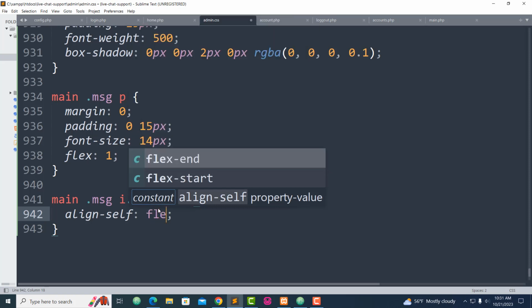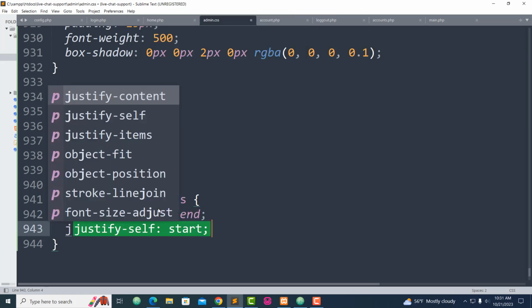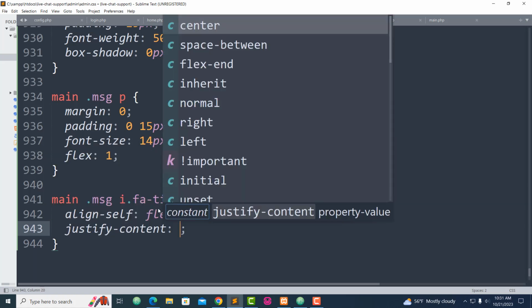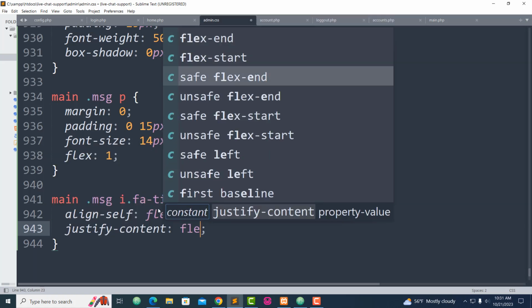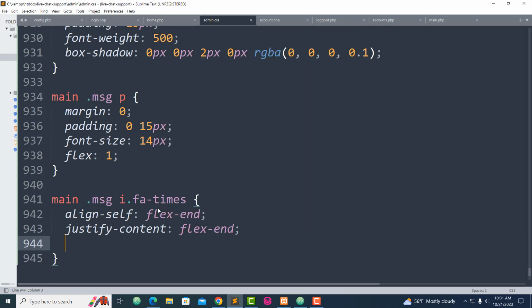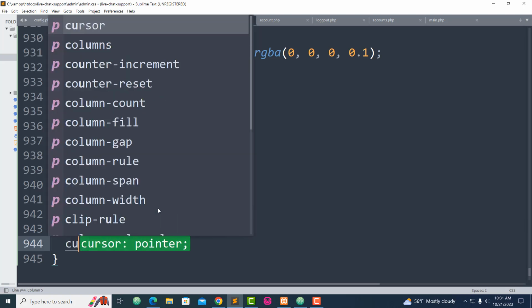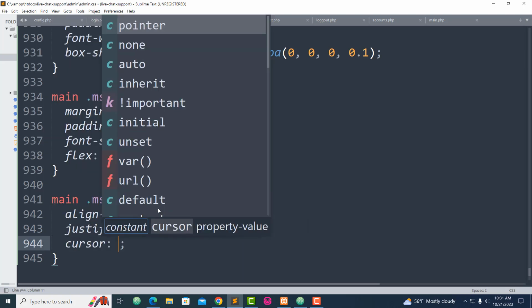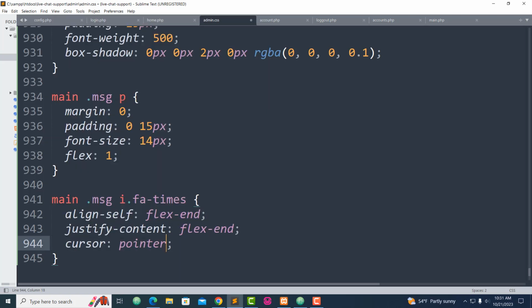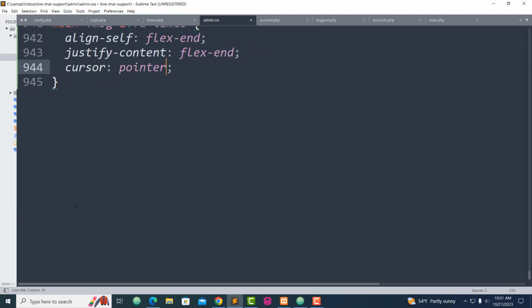I want it to be flex and justify content flex, and it should be, yes, and use my cursor. Okay, use my cursor. Go ahead. Use my cursor pointer. Okay,